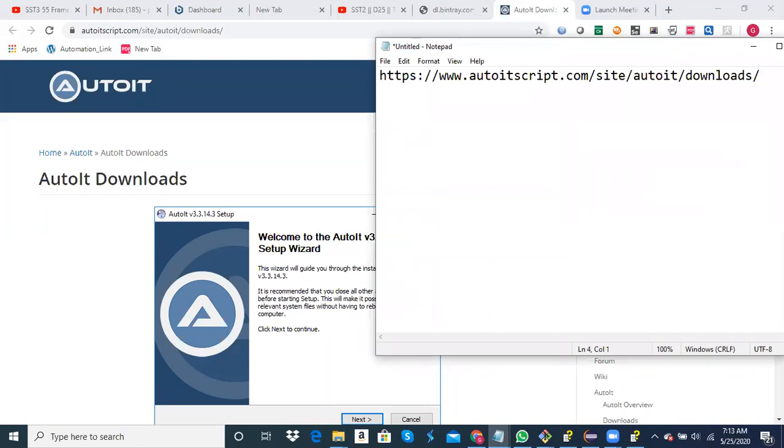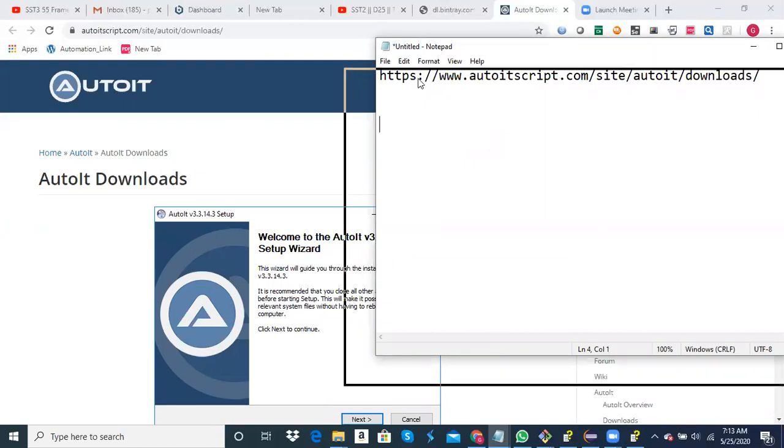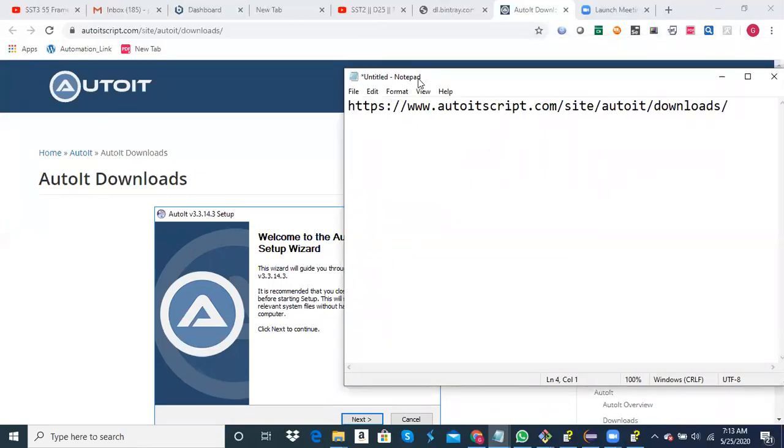Along with that, once you install this, what it will look like is... AutoIT is used for automating standalone applications in Windows. You know the meaning of standalone applications, right? Notepad is a standalone application for Windows, or Skype, or any of these tools which have their own UI, GUI, we call them standalone applications.